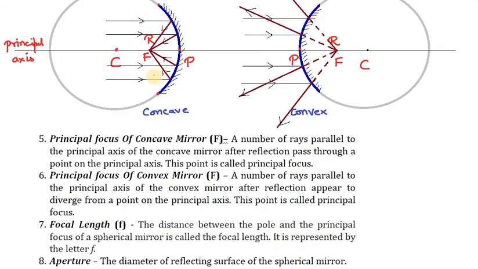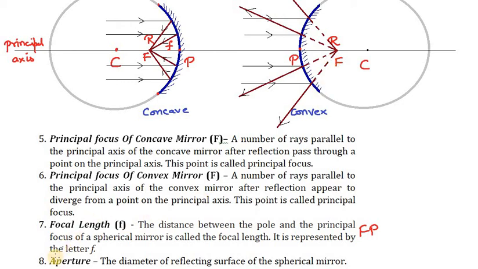The next definition is that of focal length. The distance between the pole and the principal focus of a spherical mirror. That's focal length. So FP in the distance da, it becomes small f, which is focal length. So small f focal length is the distance between the principal focus and that of the pole. Both in case of concave and convex, it is the same case. And the interesting part is the focus lies in front of a concave mirror and focus lies behind the convex mirror. In front of concave mirror measure pannuvom, whereas here it is behind the convex mirror.